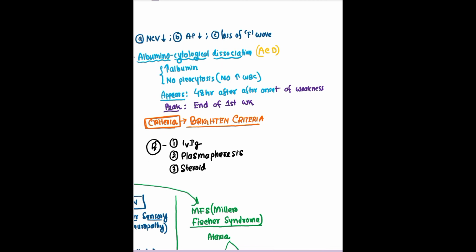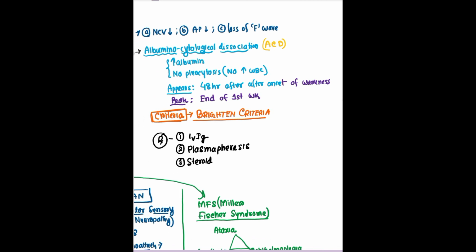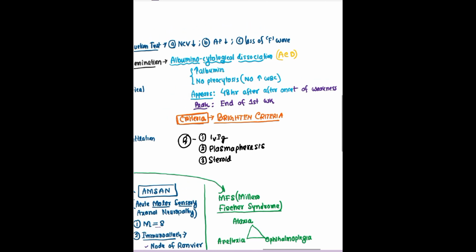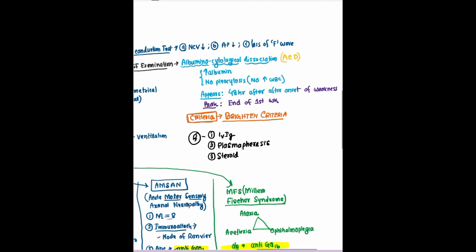One criterion used for the diagnosis of Guillain-Barré syndrome is the Brighton criteria. The treatment: immunoglobulin injection, and removing the antibody from the plasma with the help of plasmapheresis. Steroids have mild effect in the acute condition of Guillain-Barré syndrome, but are not effective in chronic inflammatory demyelinating